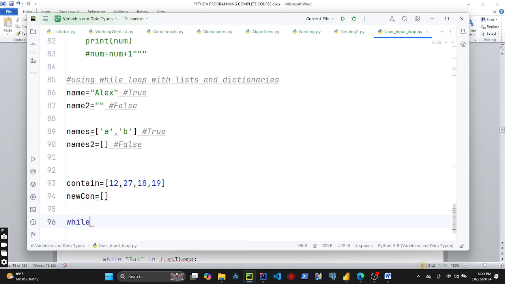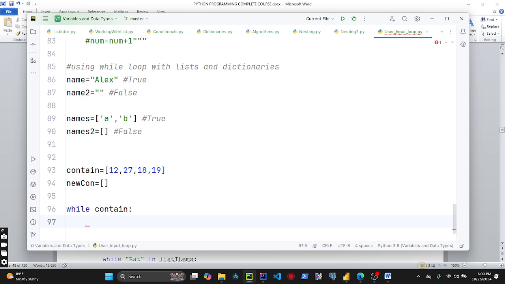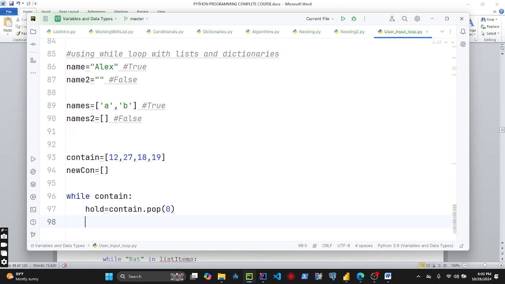You come here and say while contain, hold is equal to contain dot pop, and remove the element at the 0 index, assign it to that variable,